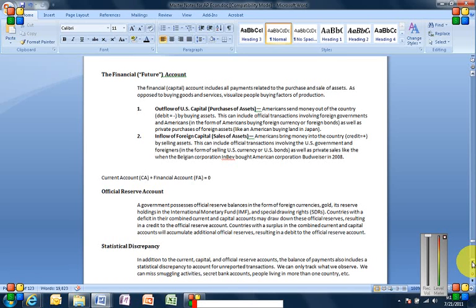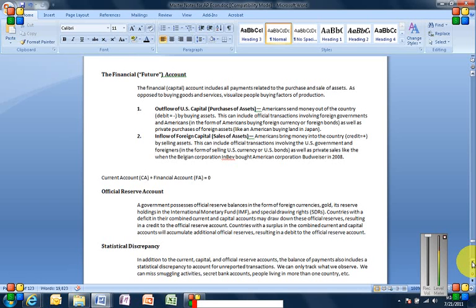The opposite transaction is an inflow of foreign capital or the sale of assets. So, if you're looking from the U.S. perspective, Americans bringing money into the country, which is a credit, by selling assets. This can include official transactions involving the U.S. government and foreigners in the form of selling U.S. currency or U.S. bonds, as well as private sales by people like you and me, let's say, or even companies and corporations, like when the Belgian corporation InBev bought American corporation Budweiser in 2008. And in theory, even though most of the time it doesn't always come out this way, the current account plus the financial account